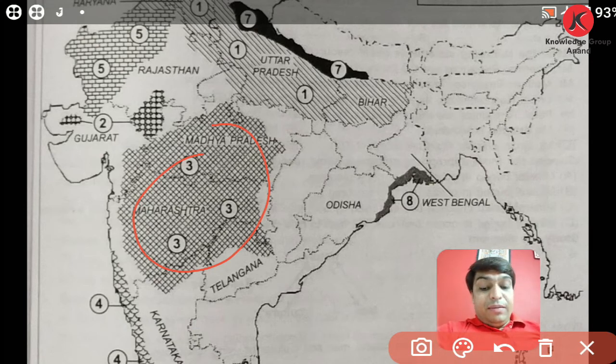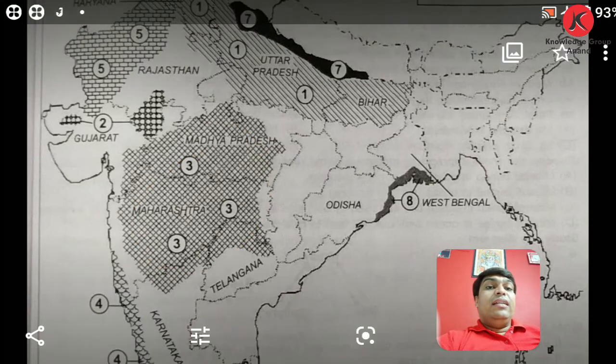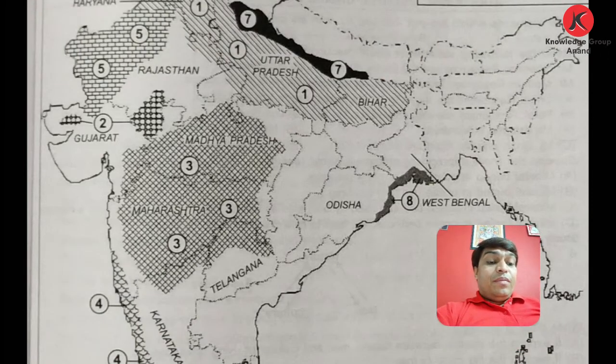It is found in the entire Maharashtra, also in western Madhya Pradesh, then Andhra Pradesh and certain areas of Karnataka. In all these areas we can find this black soil, friends. In Gujarat also it is found in Surat, Bharuch, Narmada, Vadodara and Tapi. Crops like cotton, linseed, mustard, groundnut, tobacco and urad can be grown in this black soil.